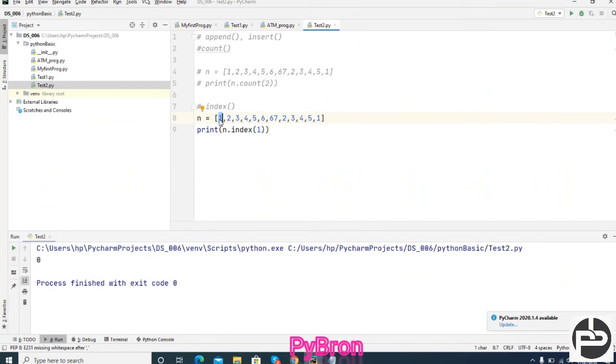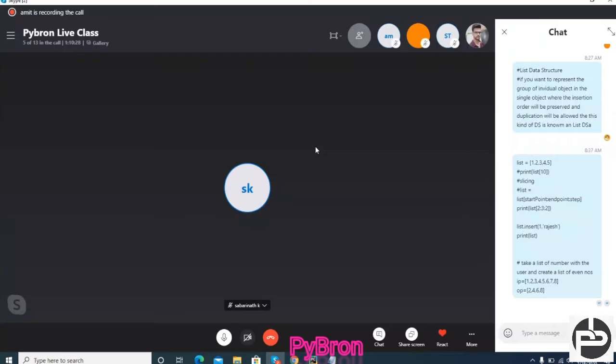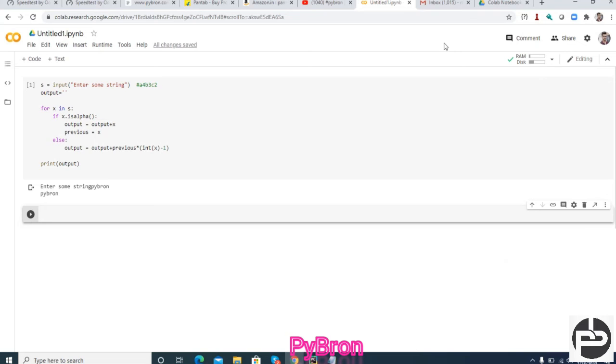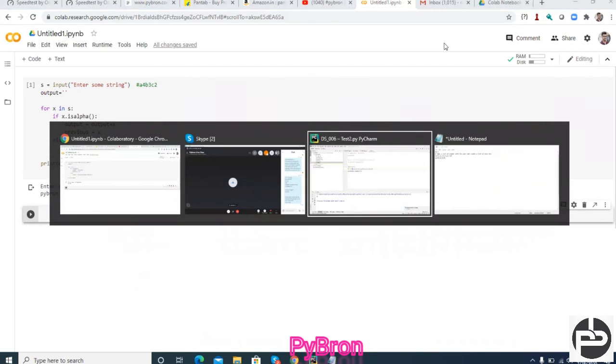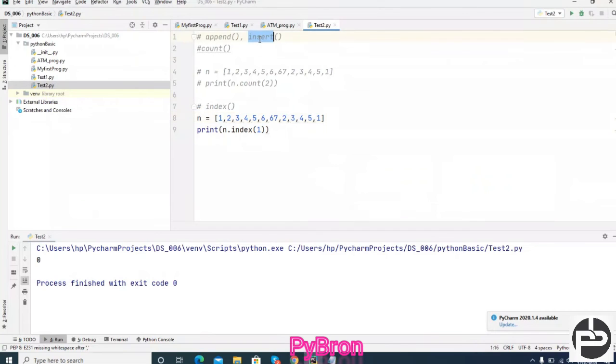The append method we already saw, the insert method we had seen. Next, what is left? Now one question, let me ask someone. In order to add an element inside a list, we learned two methods. Insert is used to insert the element, and append is also used to add the element inside the list. So my question is, what is the difference between insert and append? Why did the developer make these two methods?